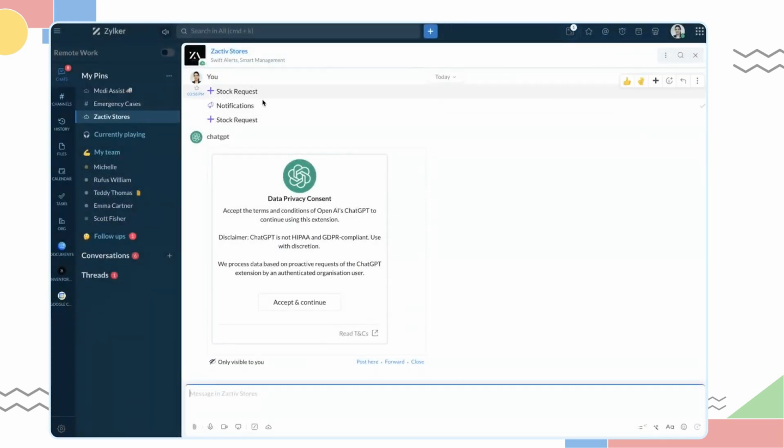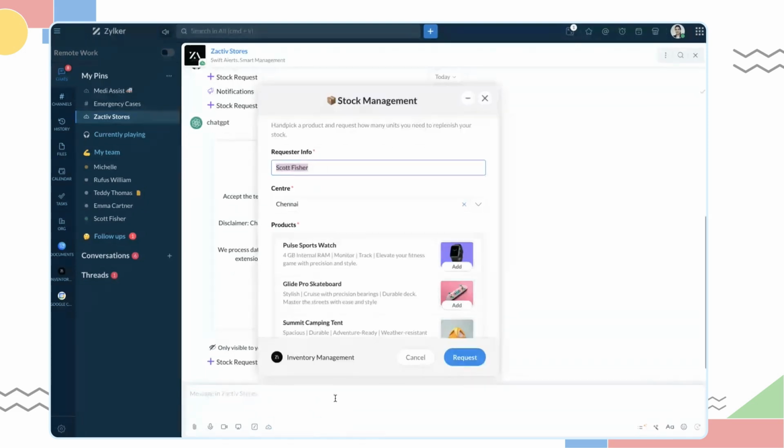This is an e-commerce bot named Zacto Stores. We have three menu actions: notification, stock request, and product details. Based on the type of use case, you can support up to 5 menu actions. Make sure the bot menu actions are relatable to the use case. Since Zacto Stores is an e-commerce use case, I have created menu actions relatable to e-commerce. Let's say you want to request a stock, so you can have a Cliq form